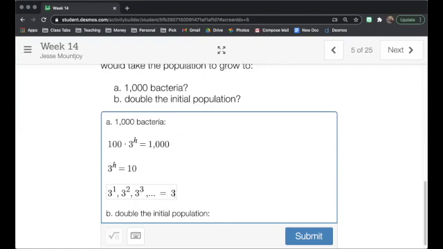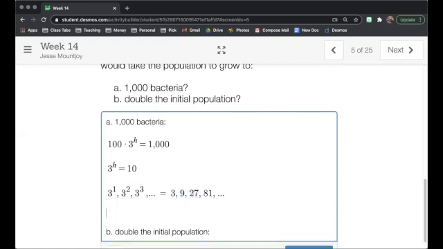So 3 to the first power is 3. 3 to the second power is 9. 3 to the third power would be 3 times 3 is 9 times 3 is 27. Then it's 81, and so on. Okay. So if we want to know 10, well, we're in between these two, right? We're in between the exponent of 2 and an exponent of 3. It looks like it's closer to the 2, because 10 is really close to 9. So we could just say a good guess